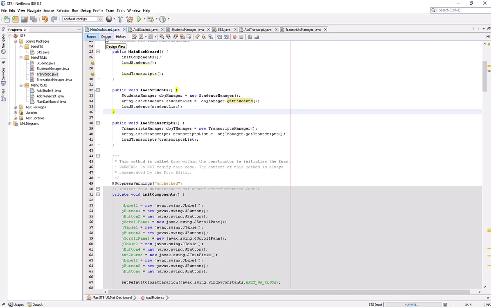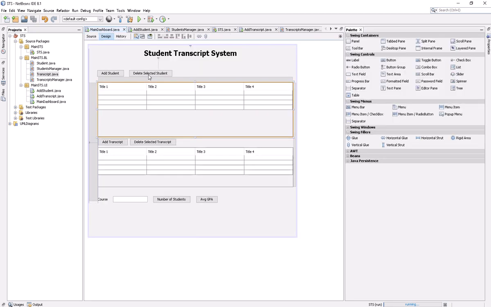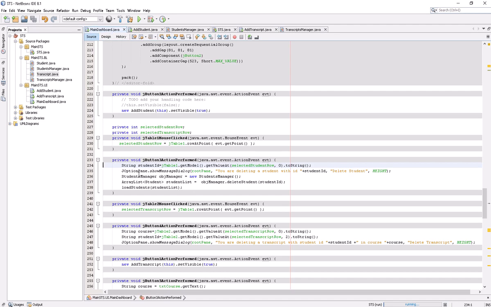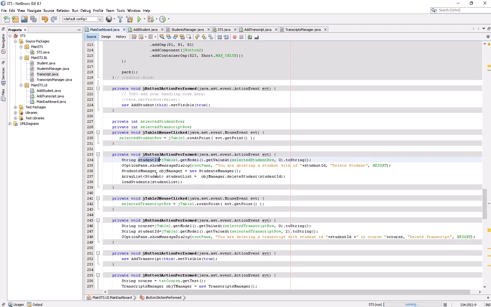Let me quickly show you the delete, how we are deleting the students from the list. When you click on the delete option, it is just reading the value from jTable1.getModel().getRow. And selectedRow, I have just declared it outside here, and when you click inside the table, whatever row you have clicked, it will initialize it with that one. Now I'm using that initialized row, and I'm taking the first column. 0 means the first column,